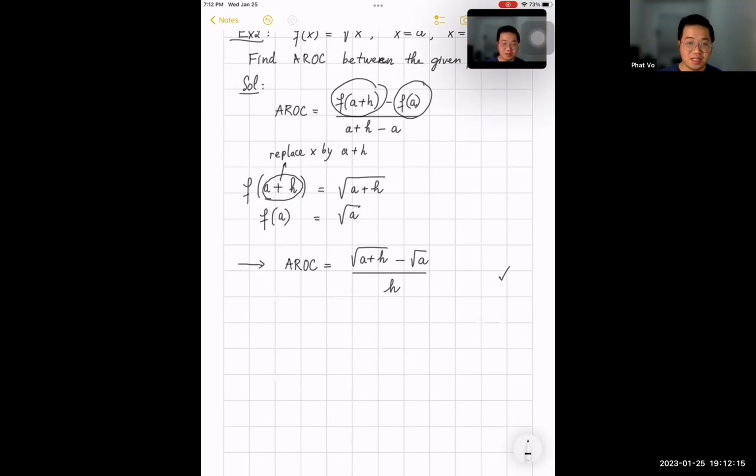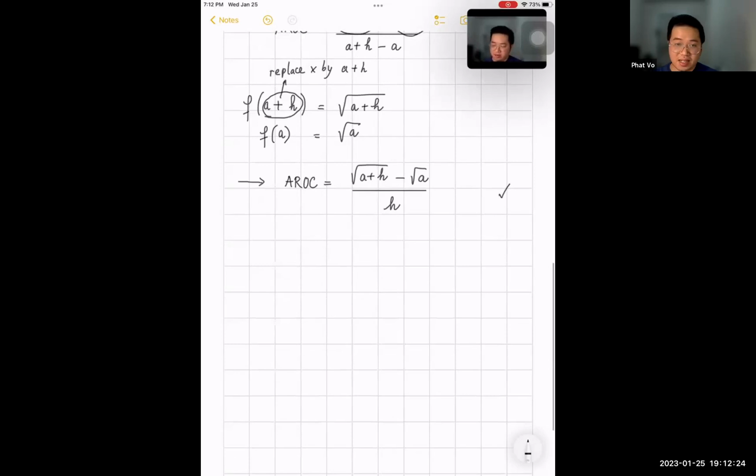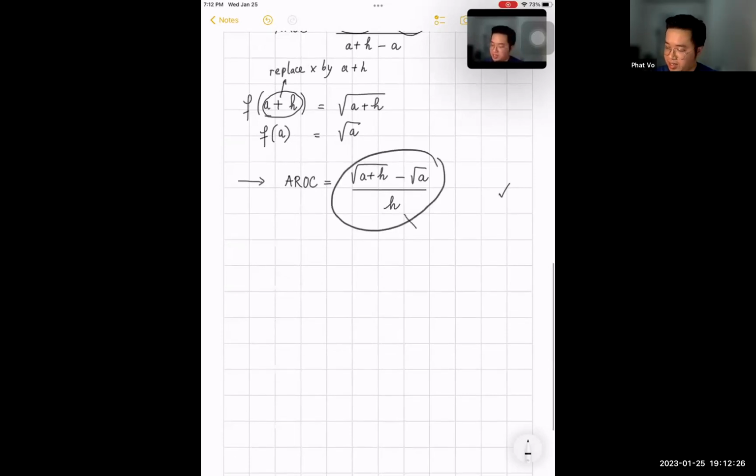Sometimes they ask you to simplify your answer so that no single factor of h is left in the denominator. Okay, the answer here is correct, but sometimes they will ask